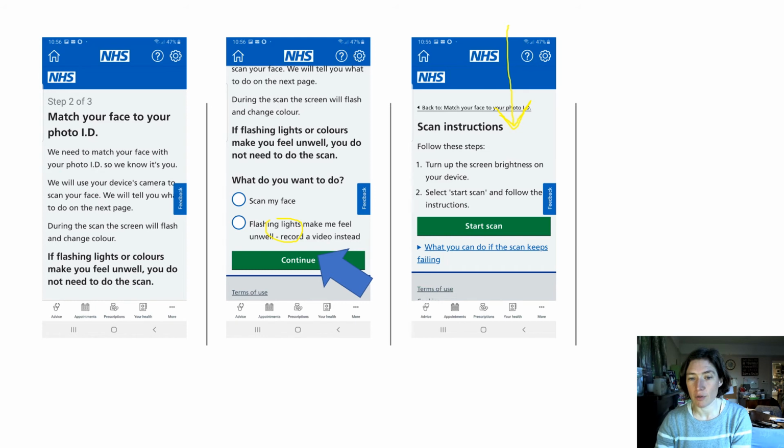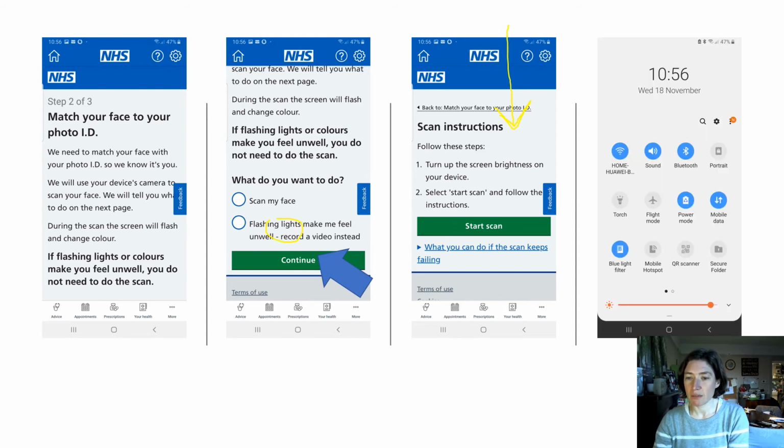If you're on an iPhone, it's from the bottom of the screen up, and that brings down your settings, your quick options, and at the bottom underneath the icons is this brightness bar here, which you're going to just use your finger to pull right over to the right hand side so that it's on max brightness, and then you can swipe back up with your finger to get rid of that and be back on the NHS app screen, so that you can click start scan here,